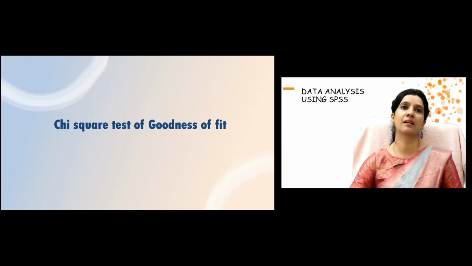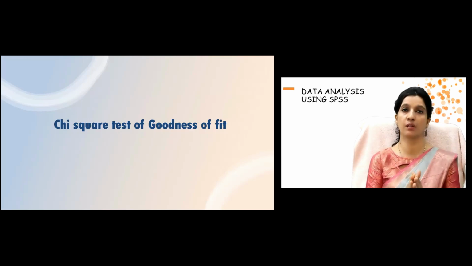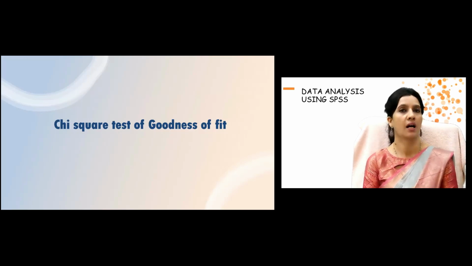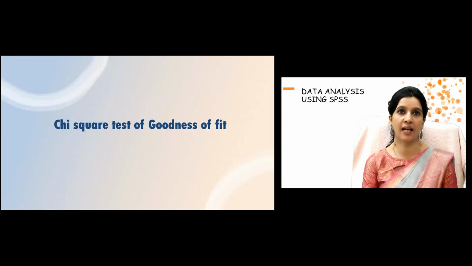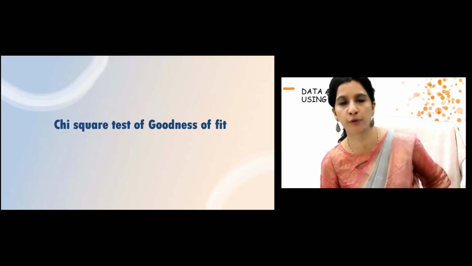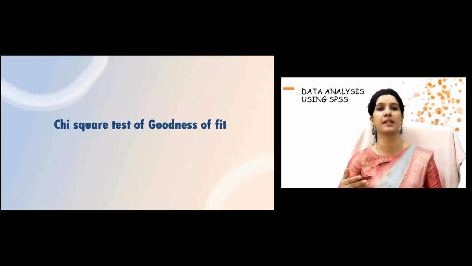So now I'll start with the second. So that first was the chi-square test of association, also known as the chi-square test of independence. Now, the second type of chi-square test is chi-square test of goodness of fit. Now, if you remember, a few of you who have done a one sample t-test, this is more like the one sample t-test. Those of you who have not done it, we will do it in this session.